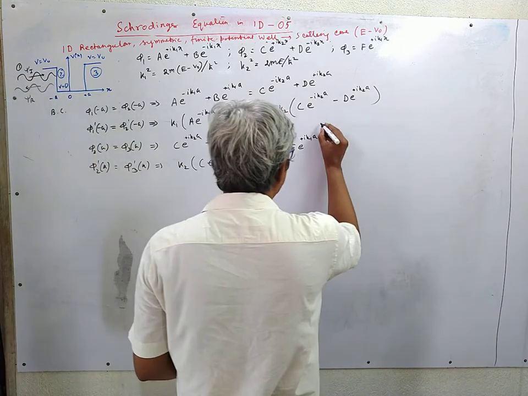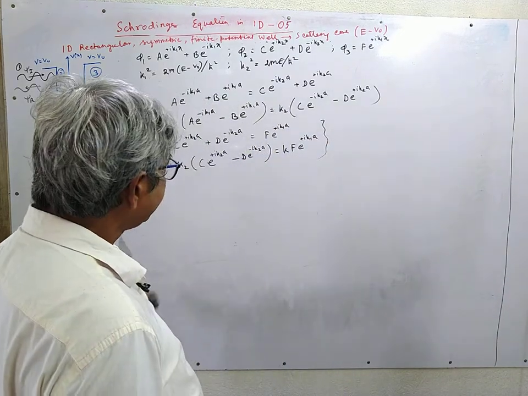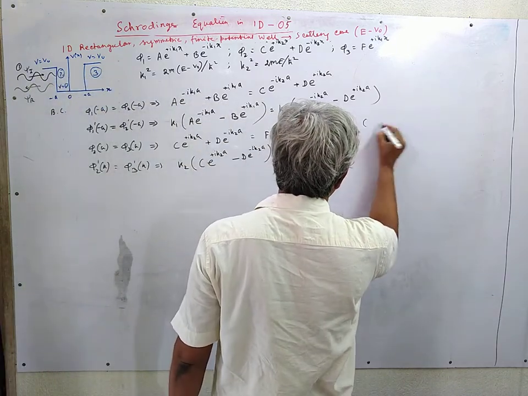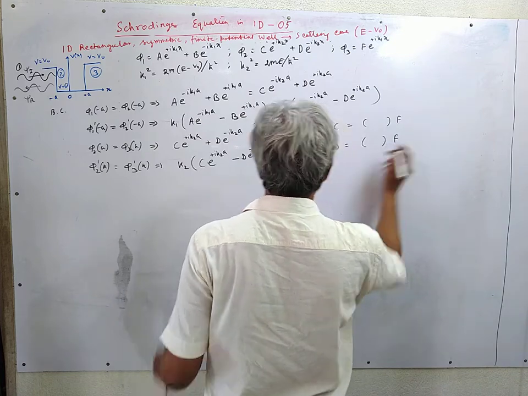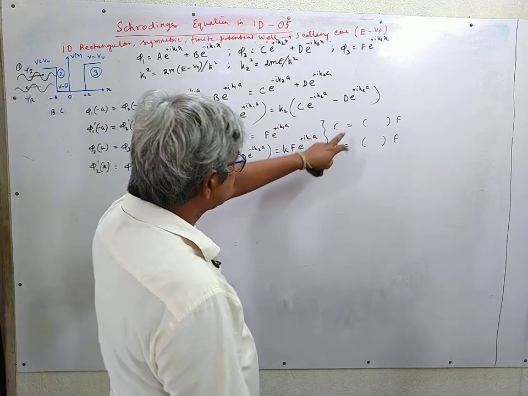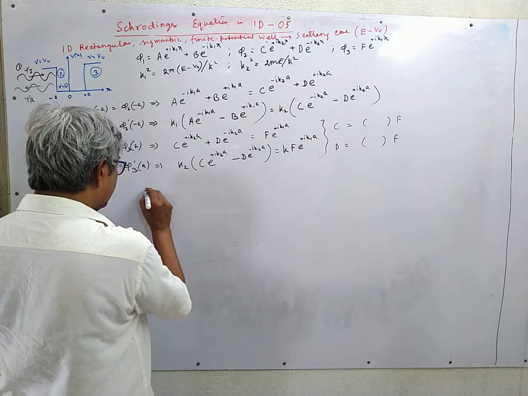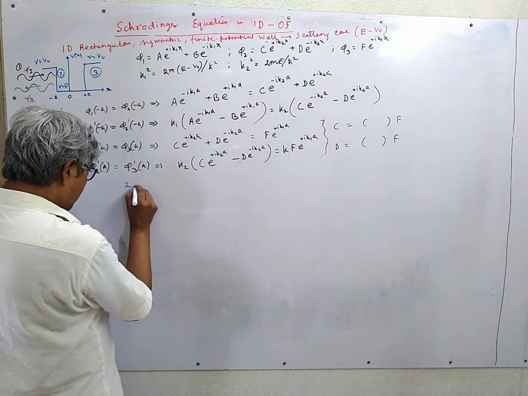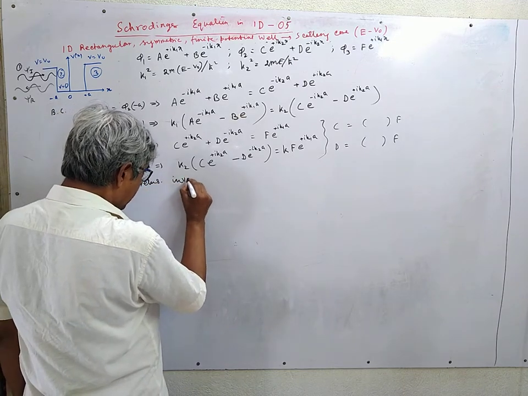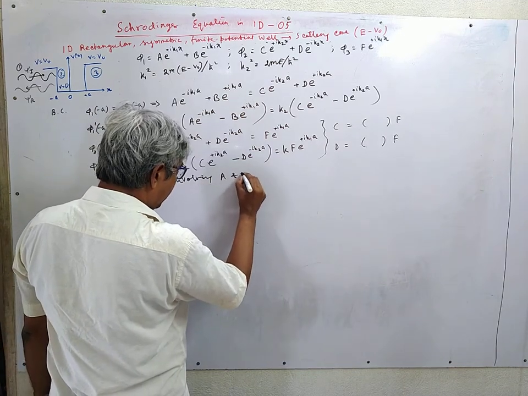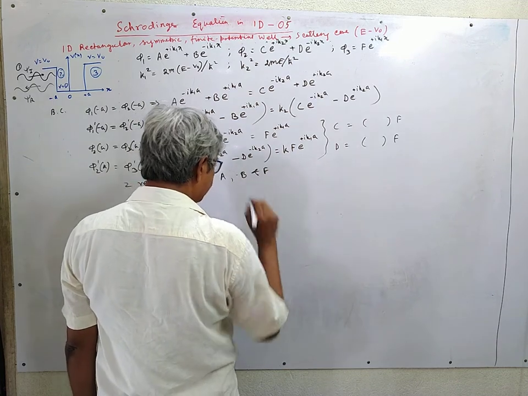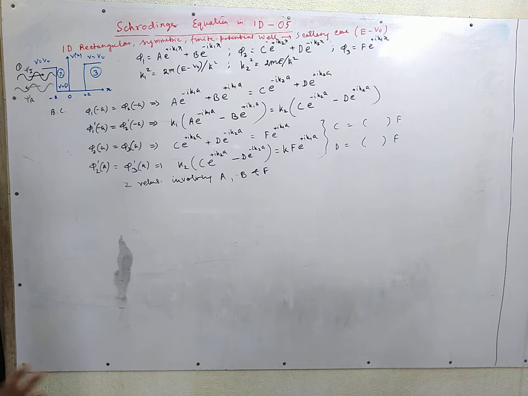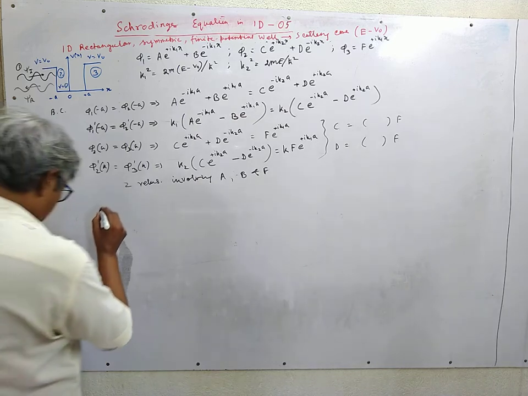We can solve these two equations to express C in terms of F and D in terms of F. We can write C is equal to something times F and D is equal to something times F by solving these two equations. Then if we substitute these two values in the first two equations, we get two relations among A, B and F, and obviously there will be k1, k2 and a dependencies, which gives us, as we are here interested in the transmission coefficient, F by A